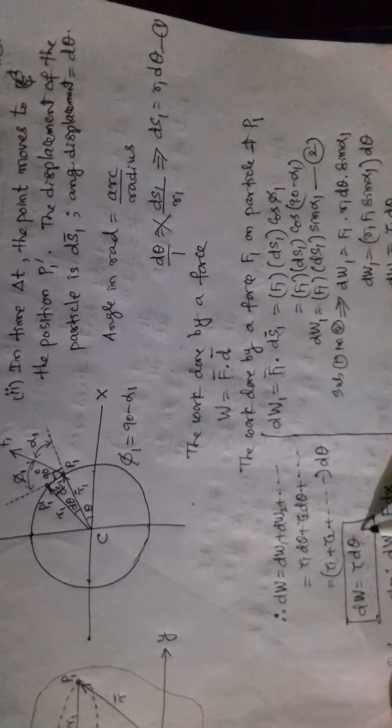Let us compare this. See, this is for rotational motion. Let us see its linear analog. That is, in linear motion, the expression for work done is, see, in place of torque we have force, and in place of angular displacement we have linear displacement.